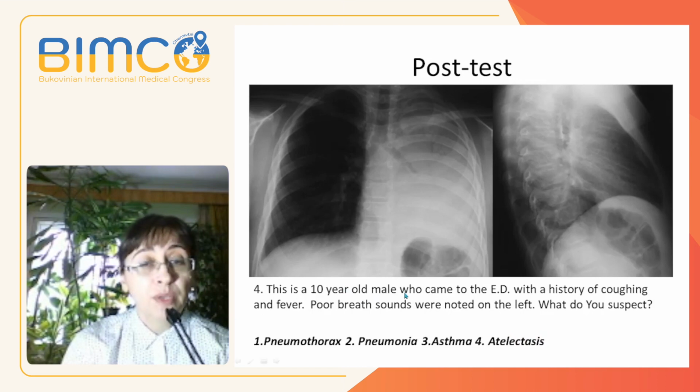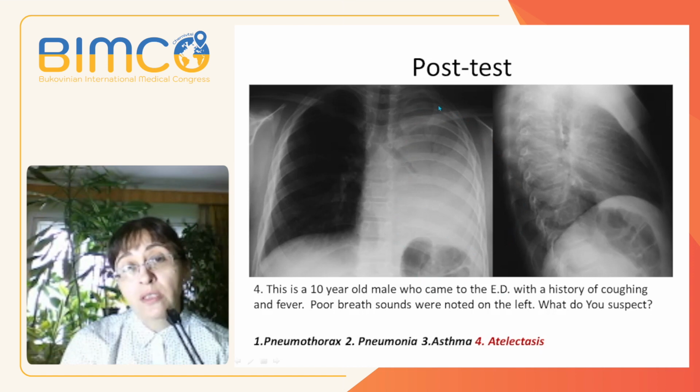This is a 10-year-old male who came to the emergency department with history of coughing and fever. Poor breath sounds were noted on the left side. What do you suspect? Pneumothorax, pneumonia, asthma, or atelectasis? And the correct answer is atelectasis. On the left side, we see a big consolidation and the trachea, which is normally located slightly to the right, is shifted slightly to the left side,